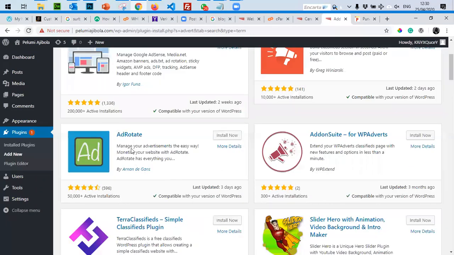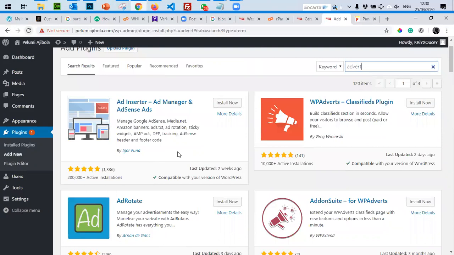version. I might want an ad rotator, which is something that they use a lot on the top part of your website. So while I'm looking at it, some might be free, some might not be free. A lot of them are free. They might just have paid functionality. So this one, let's just work with it. And they're telling you that it's currently active on over 200 websites. So we know we should go with this. So I just installed the plugin.